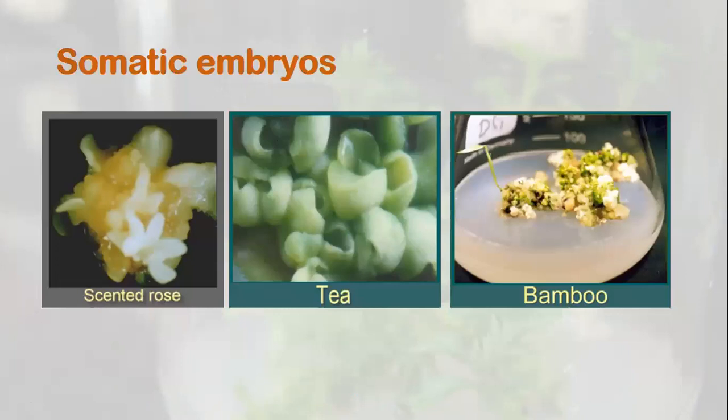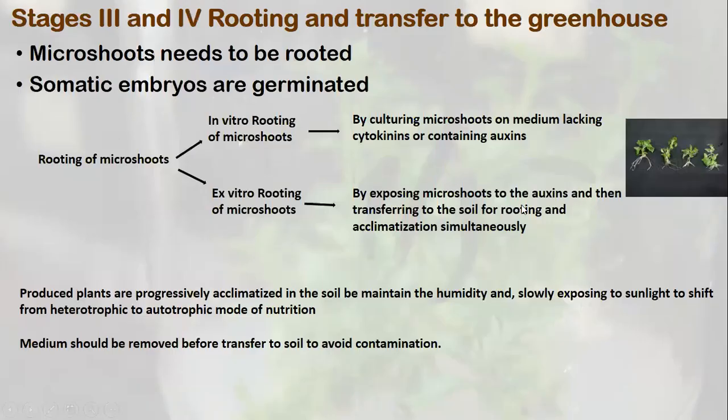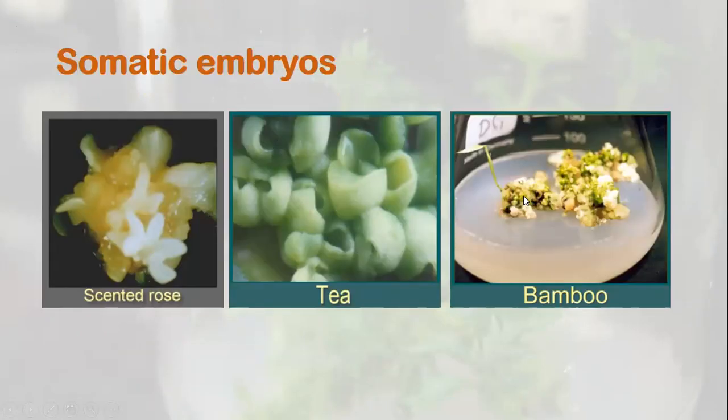Again, the somatic embryos can also be multiplied. Many times what happens in the case of somatic embryos is that we culture these embryos onto the medium, which results in somatic embryogenesis. Then the surface of these embryos contains many pre-embryogenic determined cells which can develop on the medium. This is called recurrent embryogenesis or secondary embryogenesis. This happens in all types of cultures and it's very prominent in bamboo also. So that is about embryogenesis and embryo formation.